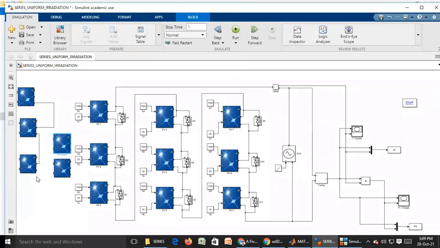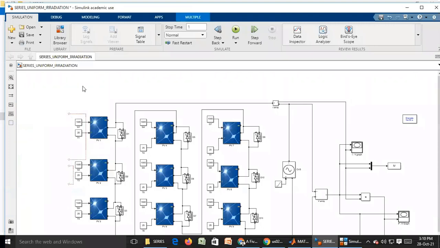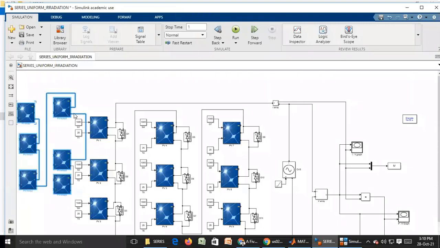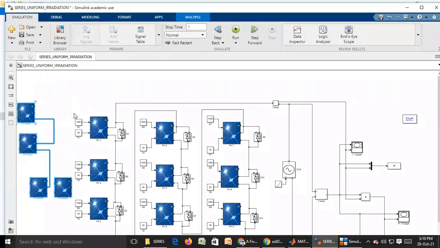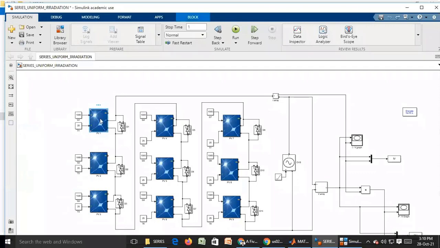Hope it is clear. So now from here top it will go. From here you will connect to this, then from here to here, from here to here. In the same way it will complete. So which is in series, what I have considered is in series. So now all the panels are connected in series, and each panel you see which one I have considered.